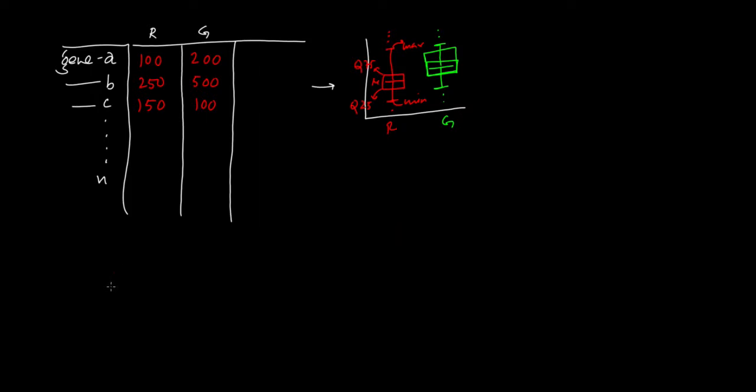Okay, so now the question is, what is the first step? The first step is the following. We have to sort this table, right? The first step is sorting. So now how would it look after sorting? Now remember, the moment I sort it, the gene order would change. Let us say for the gene A value, after sorting the first column, this is going to be 100, no doubt, that's fine.